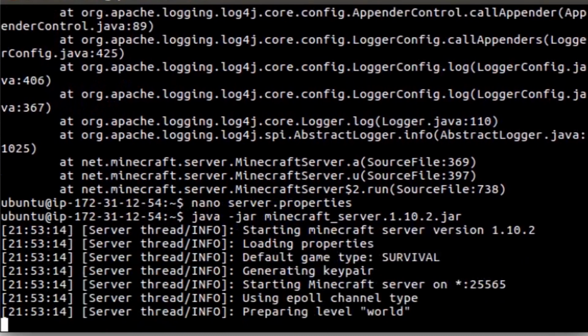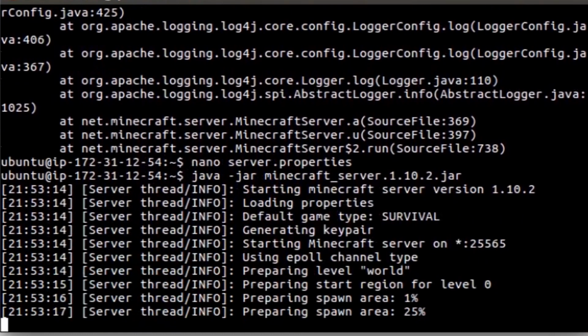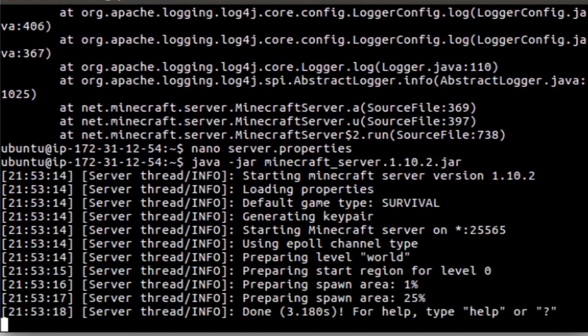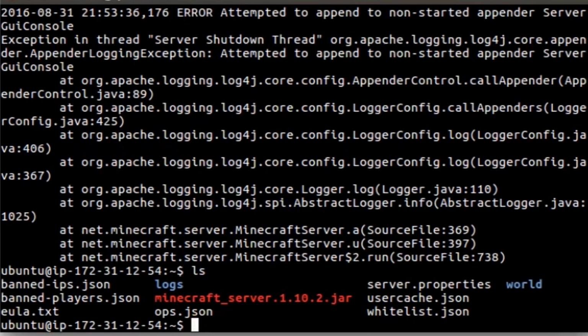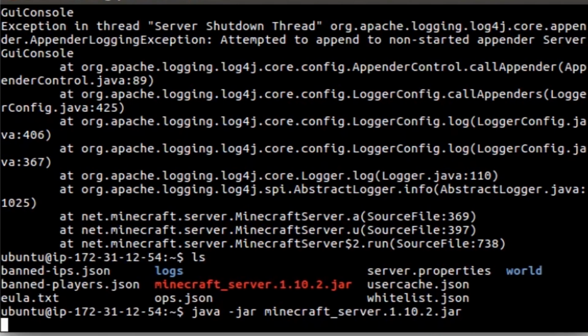Now, if you already have a world or you want to play one of the popular Minecraft maps out there, oh, it's done. You can, of course, download them. You can download my other popular Minecraft maps with wget, and you can copy them. The command for copy on Linux is cp. You can go cp and then that folder, and copy into the folder called world. So I'll just show you if we ls here. You can see that we have a folder that should be called world right over here, and you can copy paste all the items inside the map you downloaded to this world file right here. Alright,